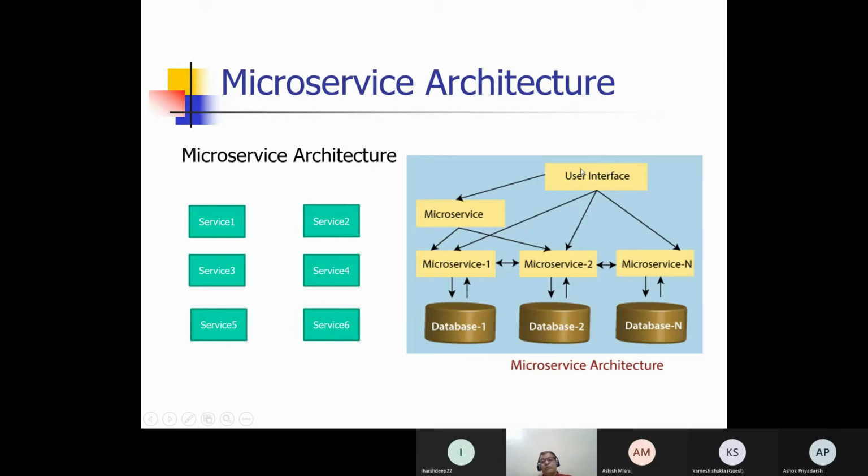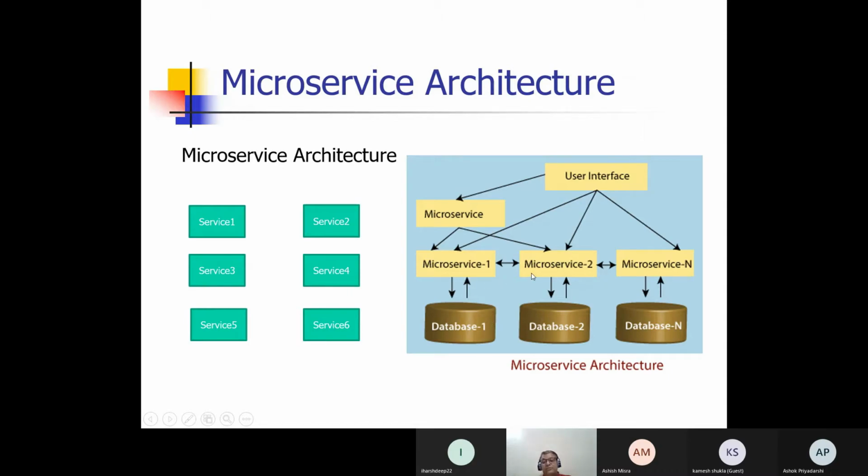Naturally, there has to be a user interface design. How dynamic in nature is this? First, the user interface you have designed, whatever facility it requires, for every facility it will pass a request to different microservices, and those microservices independently fetch data from the database.